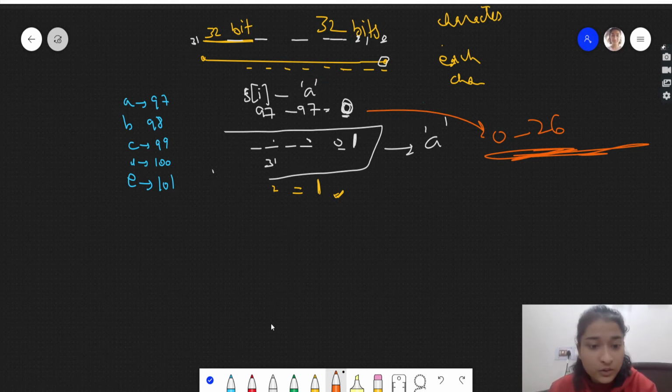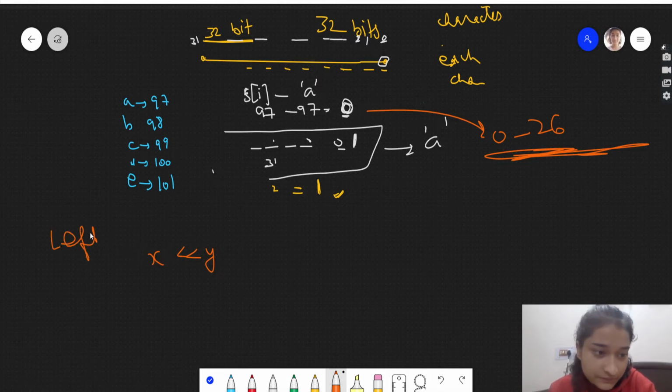Before moving forward, we should first discuss what left shift and right shift are.